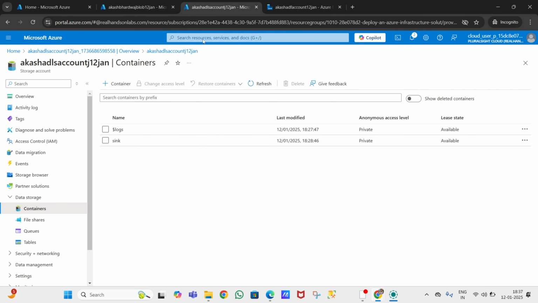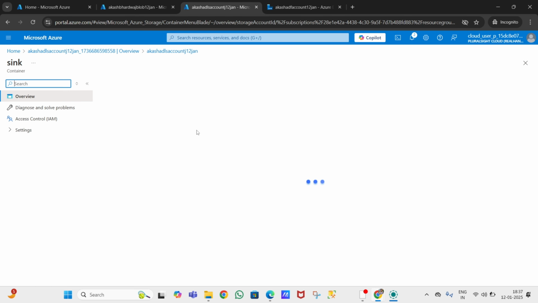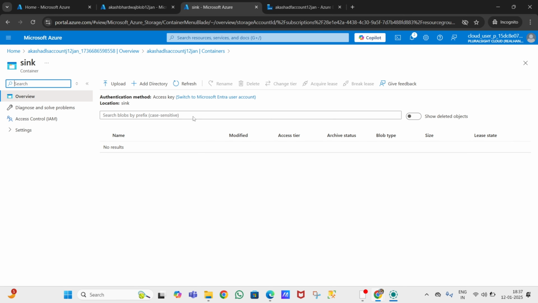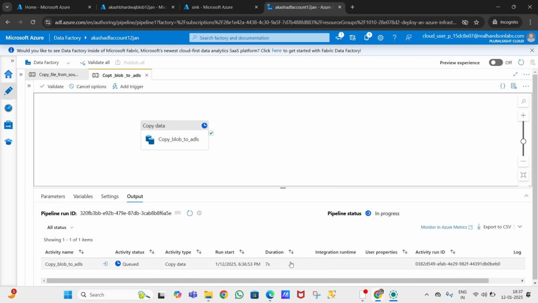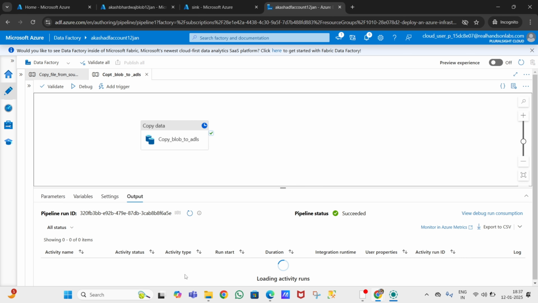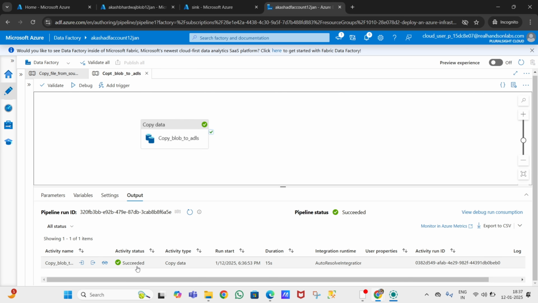Here you can see in ADLS till now there is no file, it's an empty container, and now you can see it's running. It's taking too much time. Here you can see the time duration is 7 seconds. It will take a little bit more time. Now you can see it has succeeded.